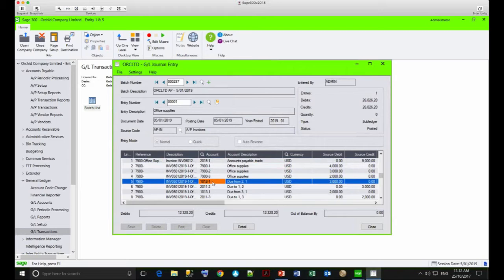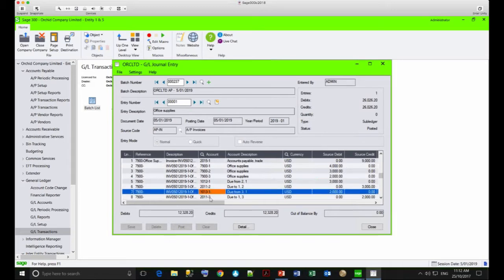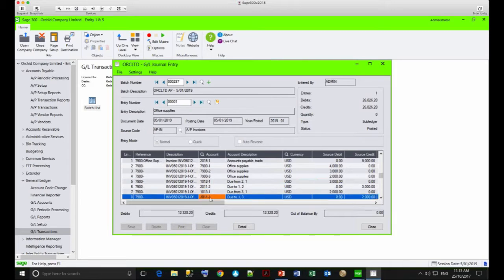So it's recognized that between entity 1 and 2, there's a $3,000 loan account entry that needs to be generated, a credit in 1's books and a debit in 2's books. And between entity 1 and 3, there's a $2,000 loan account entry that needs to be made: a debit of 2,000 in entity 1's books, and a credit of 2,000 in entity